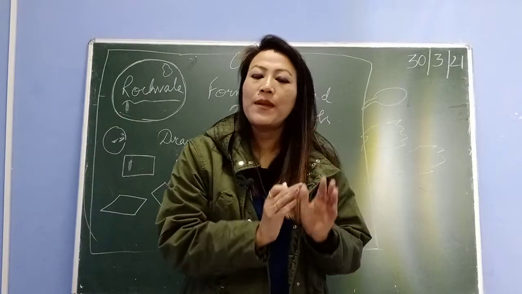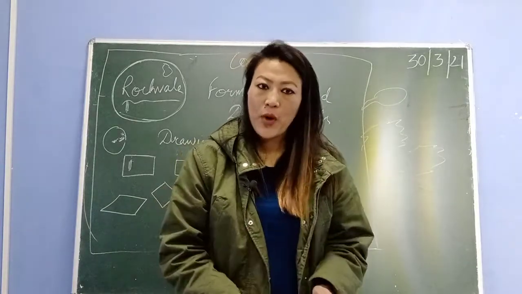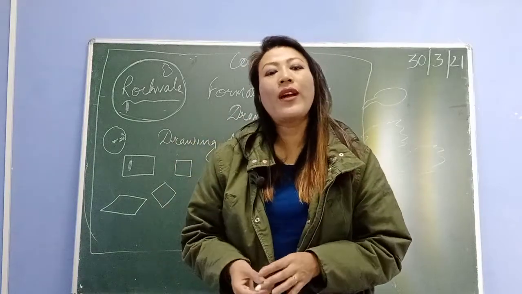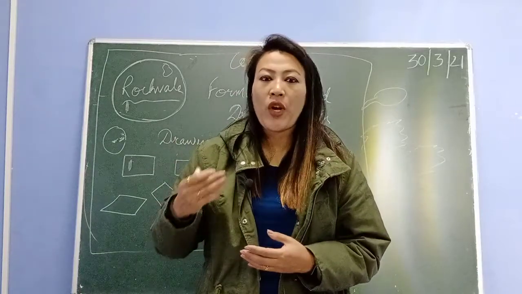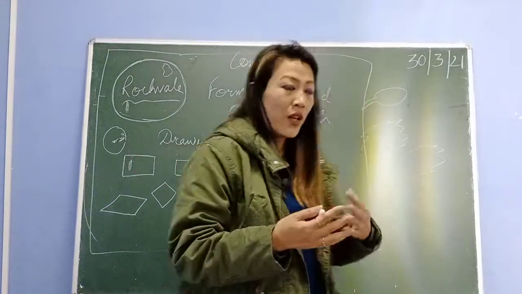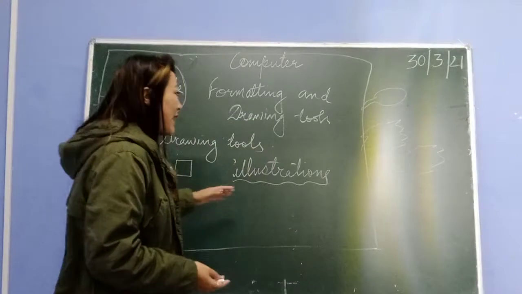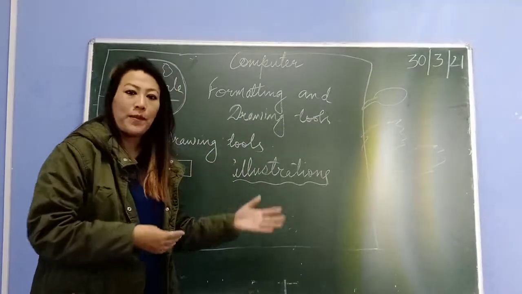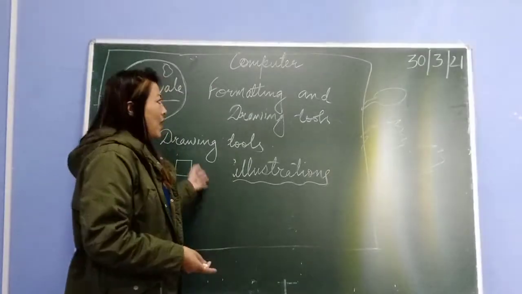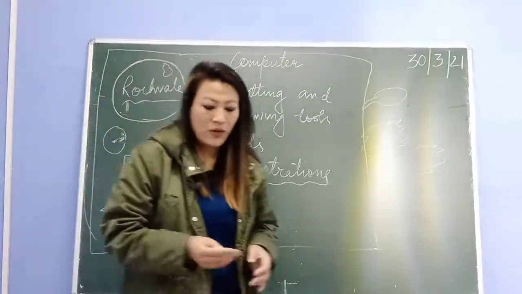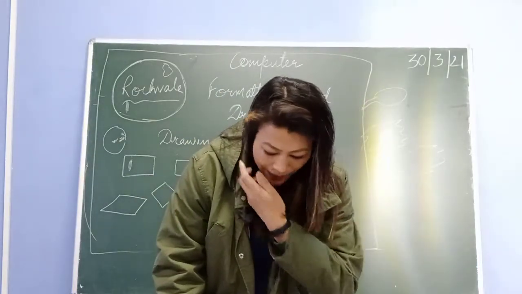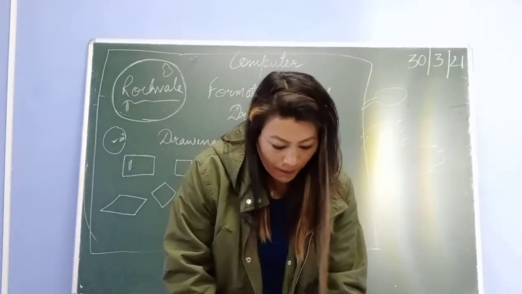There are so many types of borders. You can change the color of the borders, and you can change the style of the border. At the same time, you can give a light shading to your document. Whenever you are giving a shading, make sure that your text is visible. If your text colors are bright, then you have to apply a very light shading color, or if your shading colors are bright, then your text color should be light. That you have to see. This is how to apply borders and shading to your page.